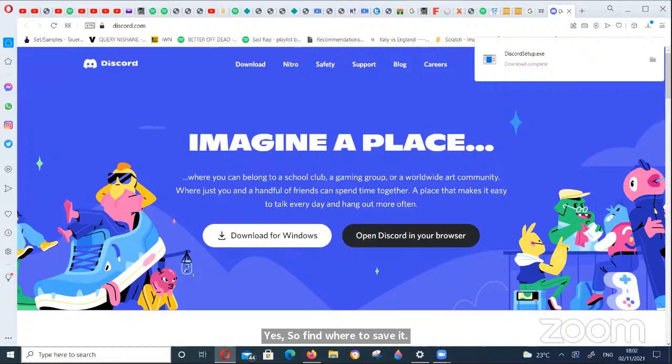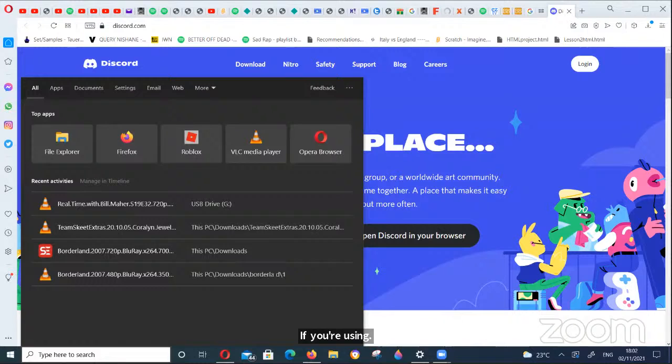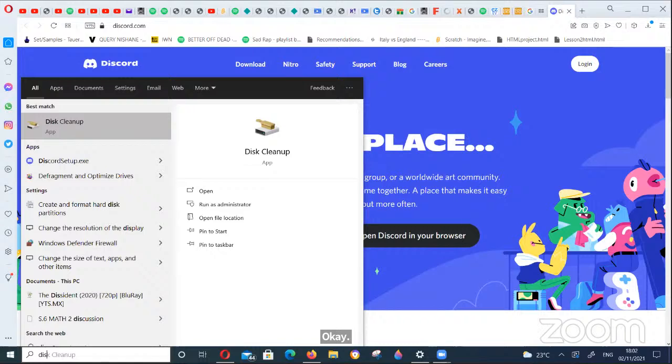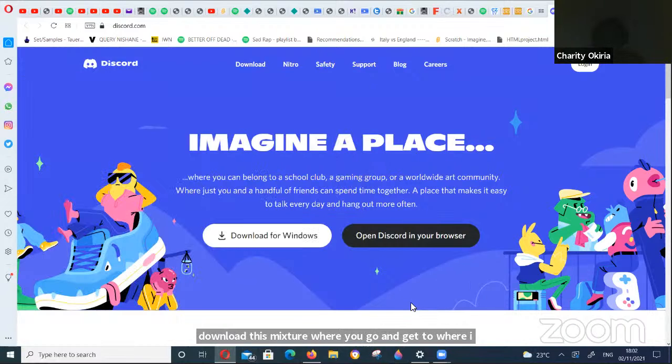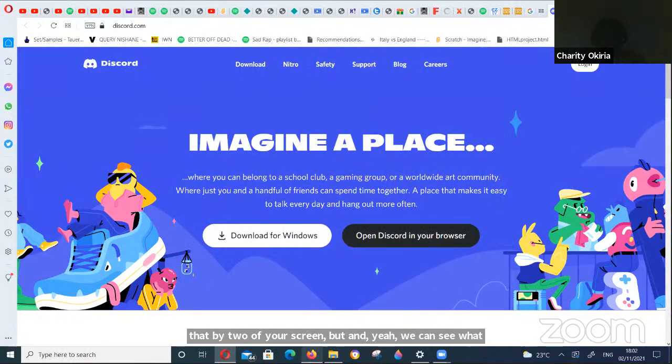Teacher Charity, they have brought for me a box that has, okay, and it is this and it has this code. Make sure you click save. Yes, so if you know how to install, now when it downloads, make sure you go and get it where it downloaded. Now, Ryan, for your case, it was in downloads. So go to your downloads. Now, for us, we may not see that part of your screen, but yeah, we can see. Go to your downloads. This one,